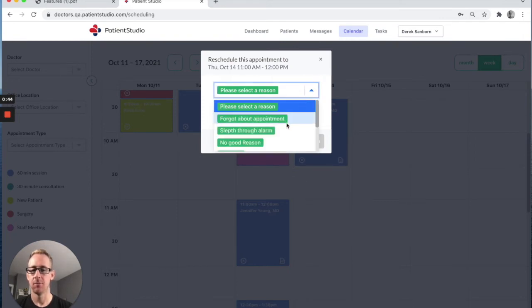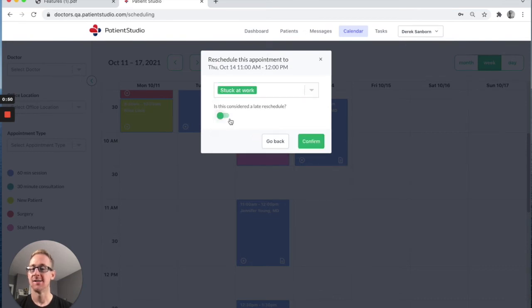Again, this will be important because let's just say that she got stuck at work. And is this a late reschedule? Again, late is all up to you. Some people say 24 hours before, some say 48 hours before. And this little toggle here, if we say it's late, she late rescheduled. She called me an hour before the appointment to reschedule. I want to track that she did that because we want to know who our chronic reschedules are